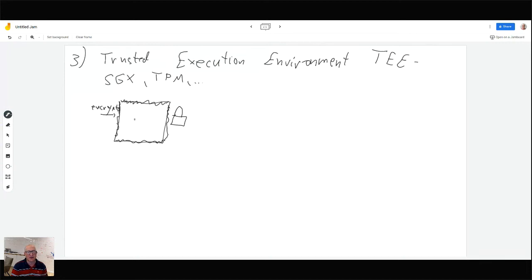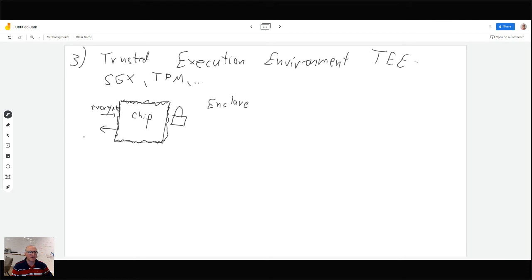Only inside this enclave, people talk about enclaves. So inside this enclave, which is completely, it's like this, I don't know, Faraday cage. Nothing can come in. Nothing can go out other than through the ways that are allowed. Inside this thing, you have some chip. And the chip operates completely as it should.